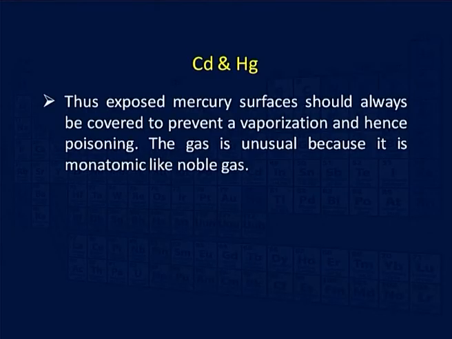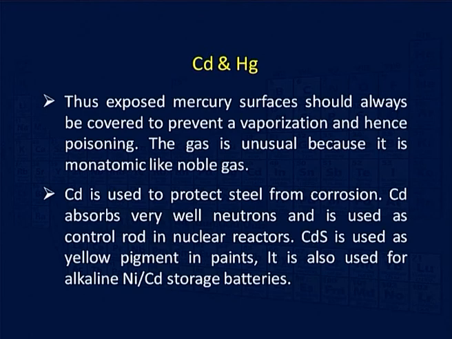The exposed mercury surfaces should always be covered to prevent vaporization and hence poisoning. The gas is unusual because it is monoatomic like a noble gas. Cadmium is used to protect steel from corrosion. Cadmium absorbs neutrons very well, and therefore cadmium rods are useful in nuclear reactors to absorb the neutrons. Cadmium sulfide is used as a yellow pigment in the paint industry, and it is also used